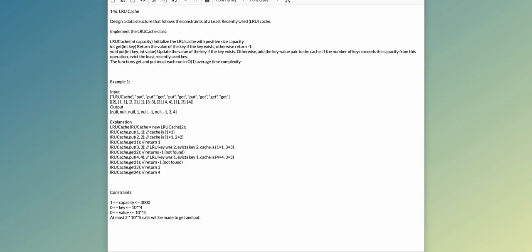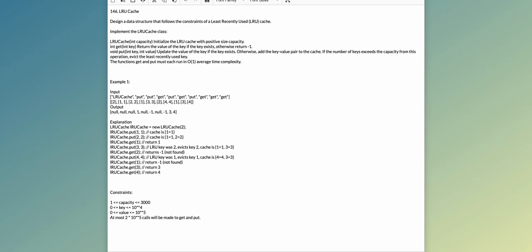Whenever we are accessing a key, we can move it to the end, or whenever we are adding a new key or an existing key, at that point we can also move it to the end. Now, a key which was the least recently added or accessed should get evicted whenever the size of the cache or the dictionary is